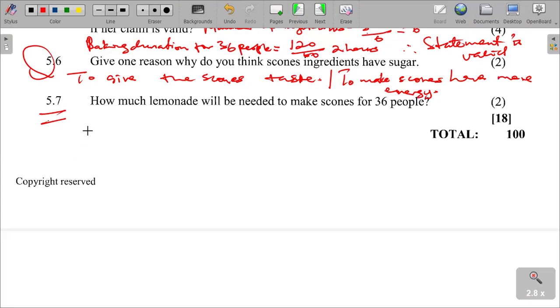Number of lemonades is equal to 300 divided by 6, which is equal to